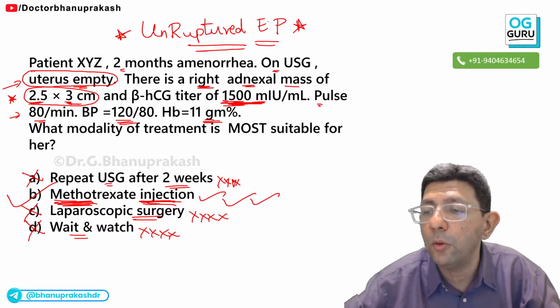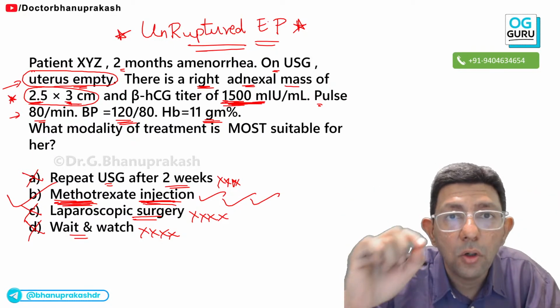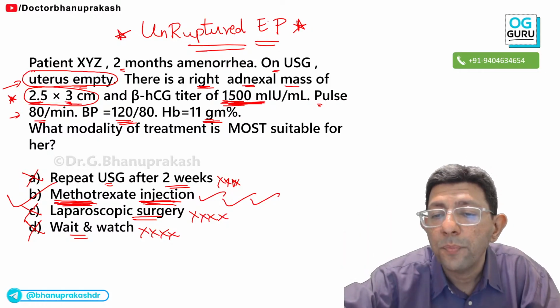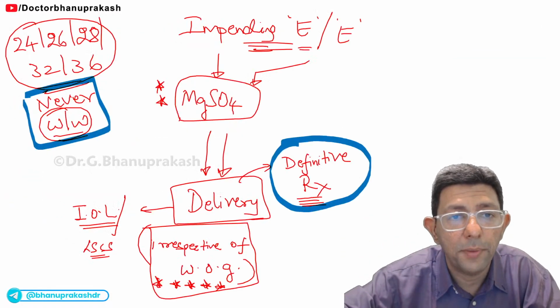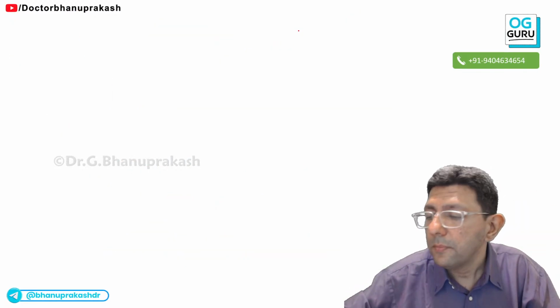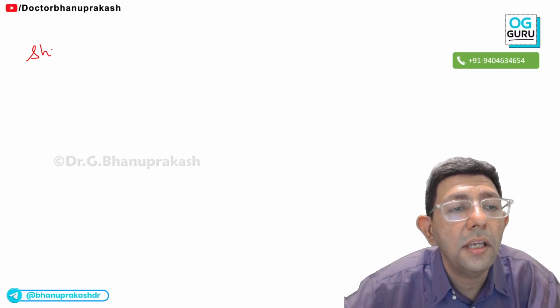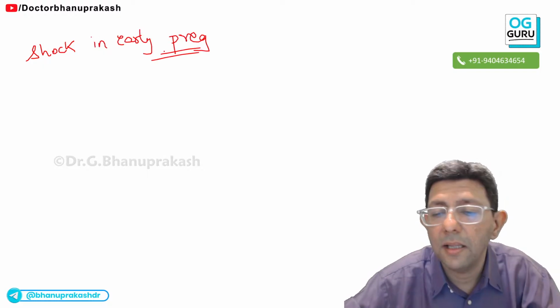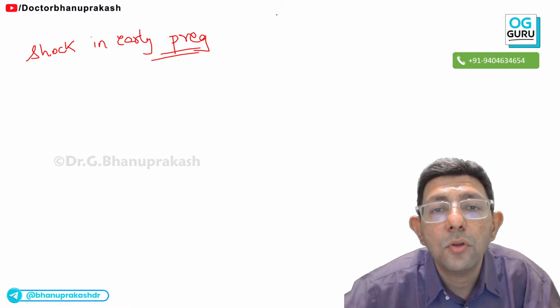And one more thing I will solve for all of you. Extra bonus MCQ. Tell me, how will a patient of ruptured ectopic present to us? What is the management of ruptured ectopic? Anybody? So this was your unruptured ectopic. But suppose you have a ruptured ectopic, what is the dictum? The dictum which all of you need to keep in mind is shock in early pregnancy. Early pregnancy means if the patient comes to us with shock in the first trimester,